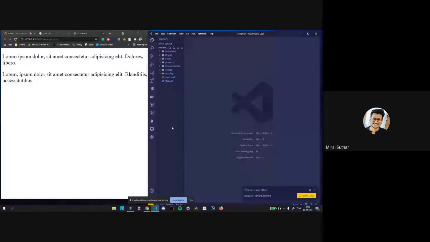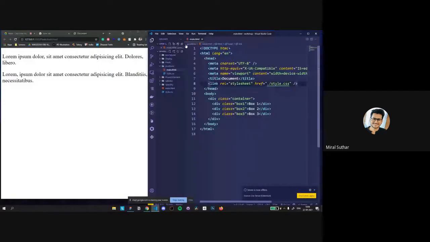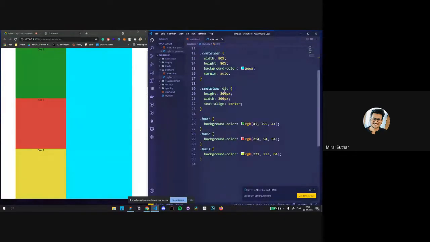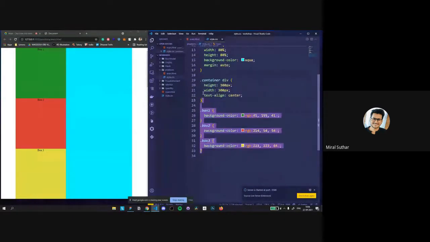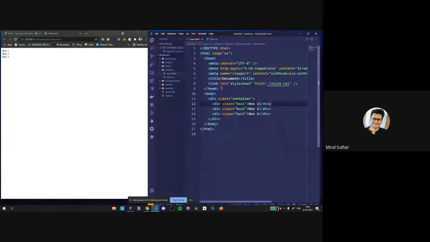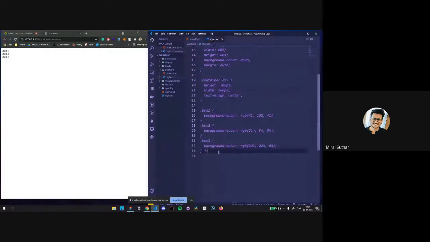And now we can go for position, I think. Yeah, we can go for positions. So these are the boxes I have created from the div HTML tag. So I think what we can do is just start from the basics. There's a parent element, just a container tag. We have given a class of container.